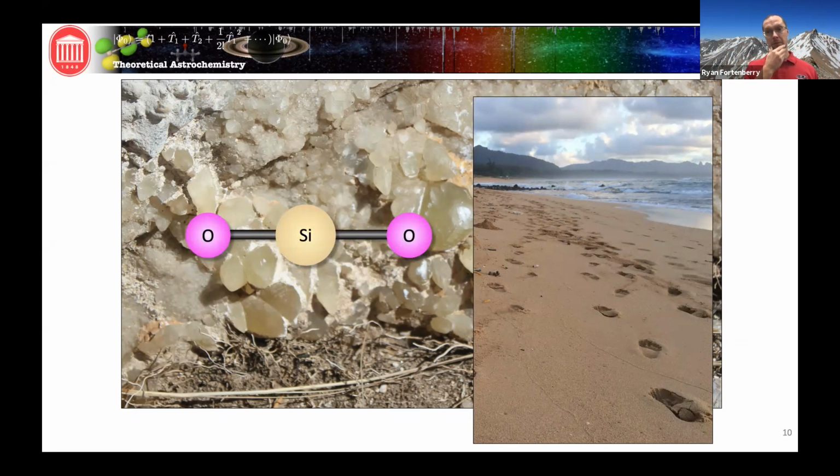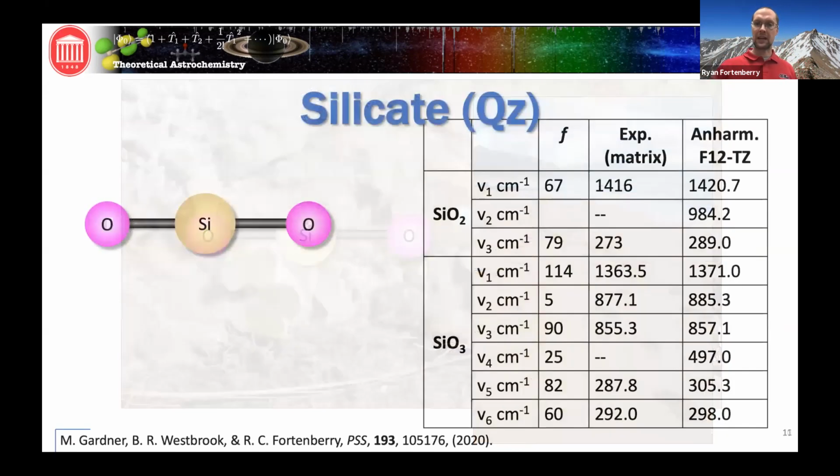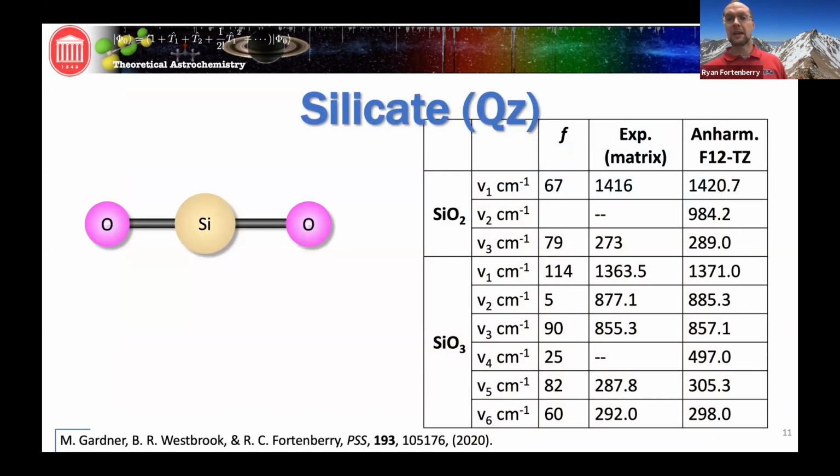It's similar to carbon dioxide, so we can calculate the vibrational frequencies and other spectroscopic constants for silicon dioxide. But we could also go to SiO3 or Si2O3 or Si2O4, which would be the dimer that we have here. And so we were able to calculate these frequencies. Comparison with experiment from a matrix isolation study is pretty good. And of course, we don't want it to be exact because we want our numbers to be slightly higher, mirroring the gas phase. But again, the intensities are okay.